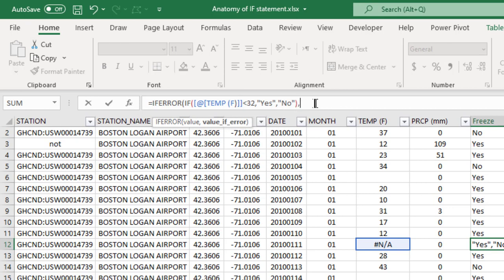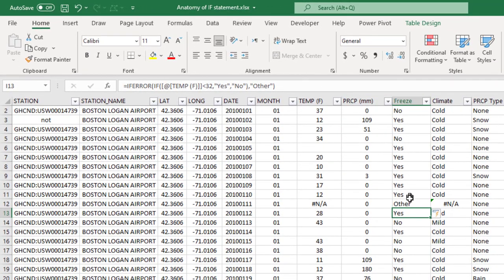For value_if_error, since this is a text column, I'll just replace that with a custom text. Since we have yes, no, it doesn't really make sense replacing that with a no or any other, so I'll prefer to replace it with "other". You can replace it with any other statement in there. I just click enter. You can see here we have "other", which is much better than an error. I'll just apply this formula down,